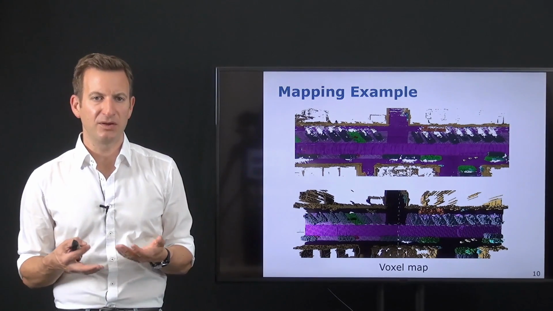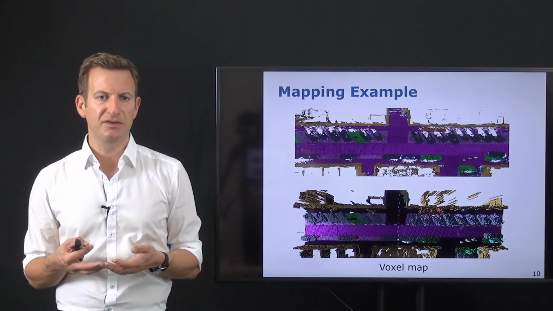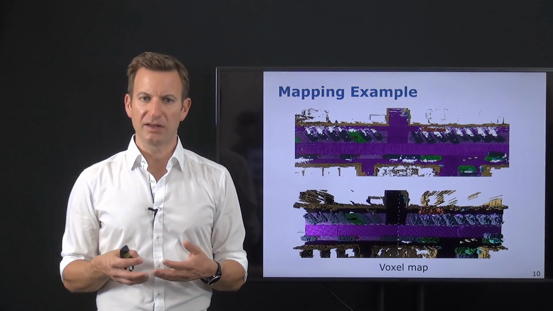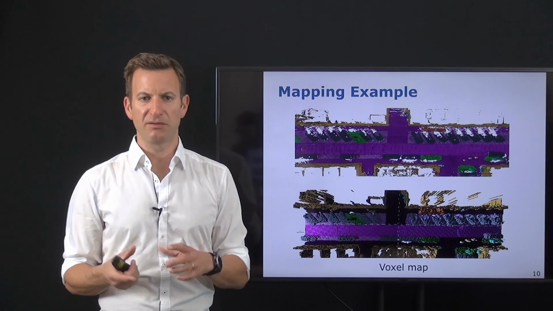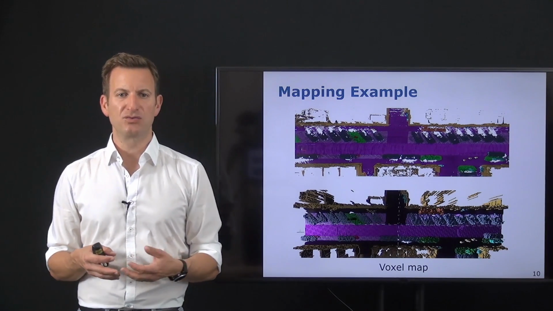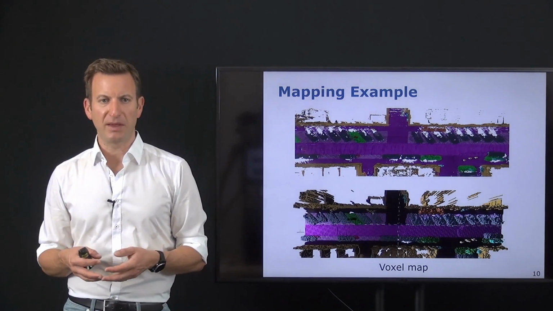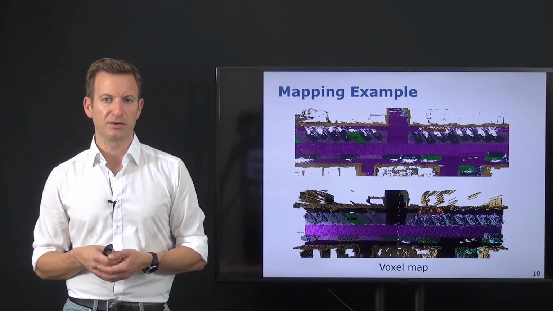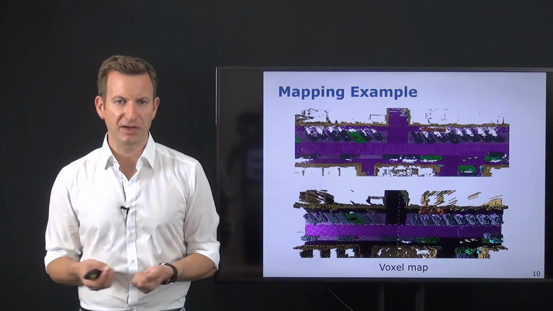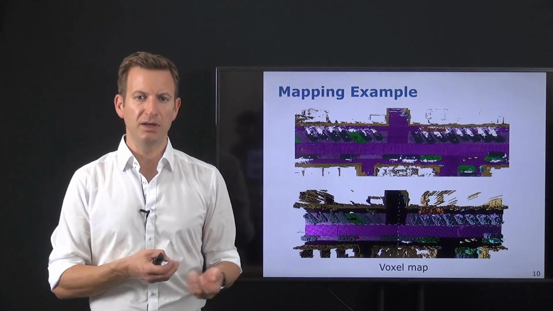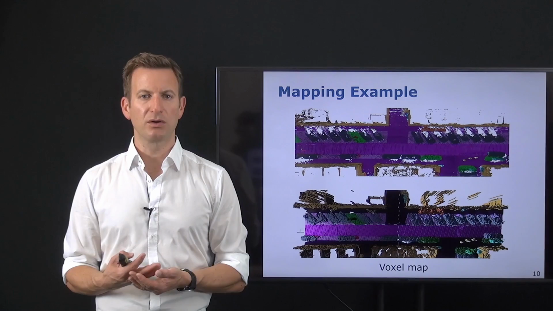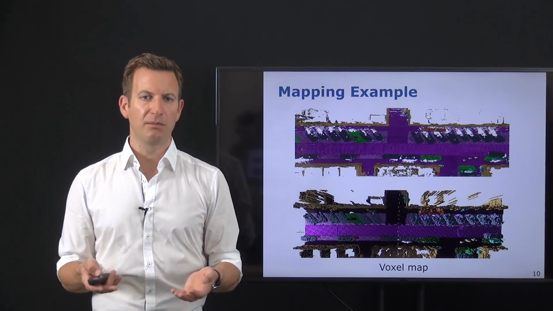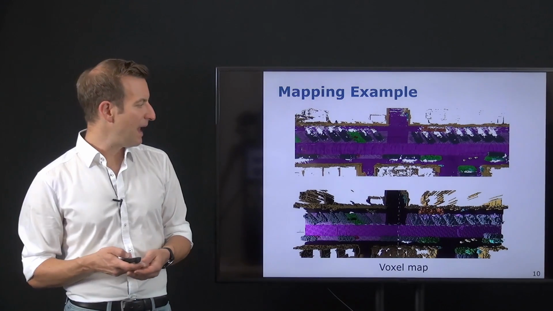So a voxel map, you can see this as an extension of this idea of this 2D floor plan into 3D, where you basically have not 2D elements, pixels, but you have voxels, so 3D elements, which represent a certain part of the 3D space, like a small cube, and tells if this cube in the world is occupied or not. This is kind of an extension of this idea of occupancy grid maps from 2D into 3D. And we want to look today into the underlying model that sits behind these occupancy grid maps, or voxel maps